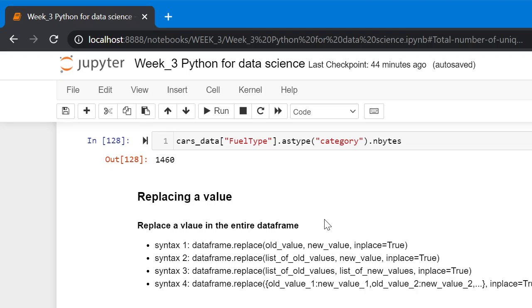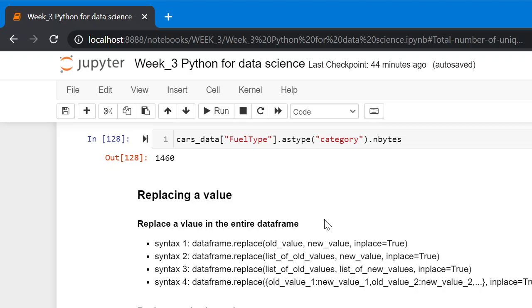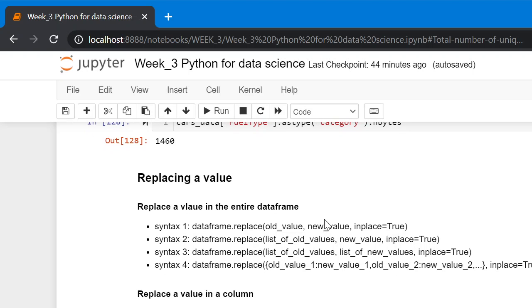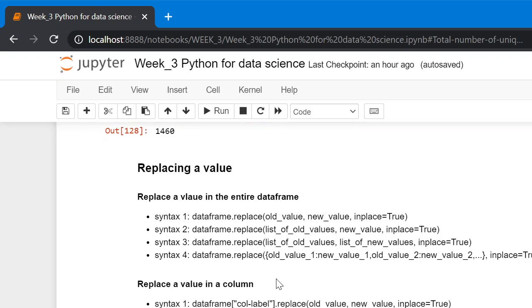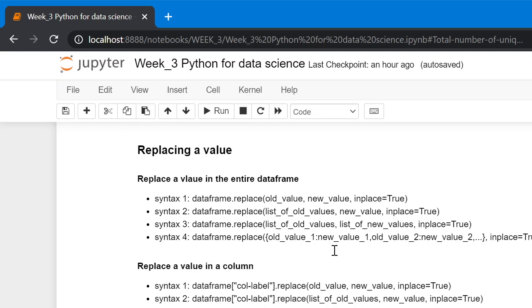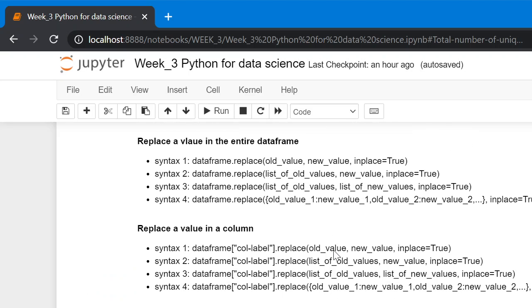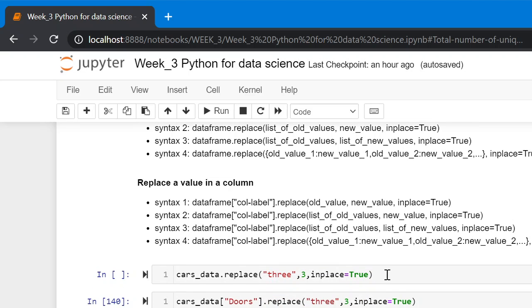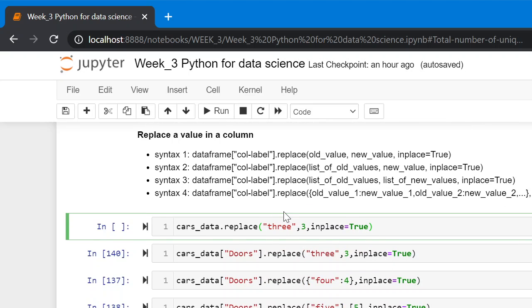Replacing a value. There are various ways to replace values in the data frame. We can apply the replace method on the data frame or on any of the columns. So this example shows replacing the string 3 with numeric 3 in the data frame.